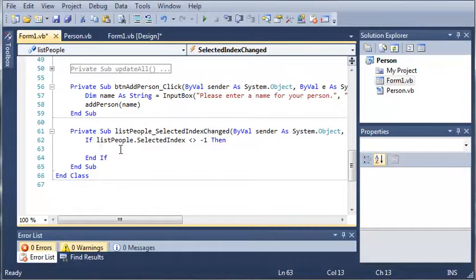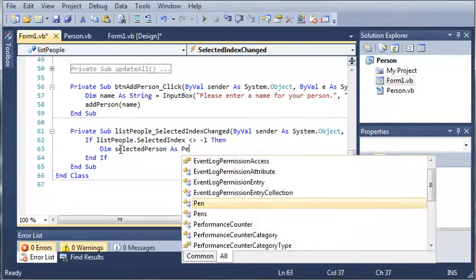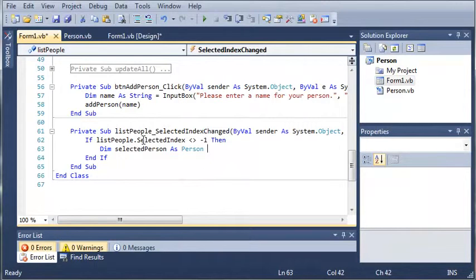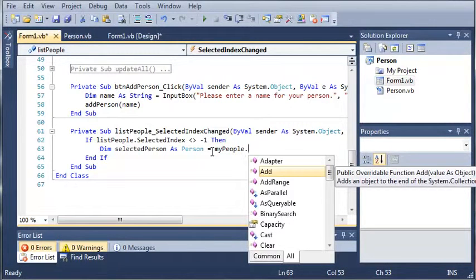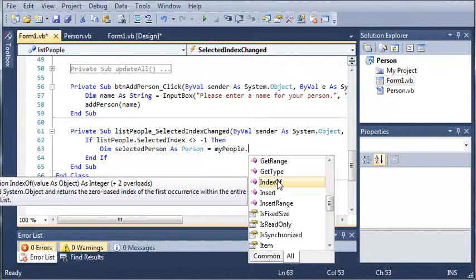Now what we need to do is get the person that has been selected. So we'll go ahead and type dim selected person as person. So we declared a selected person as a person, and notice that we didn't use a new keyword to create a new person. We're going to set this person equal to my people dot, and we'll come down here and you can see that we've got a whole bunch of stuff that we can use, and we're going to use index of,